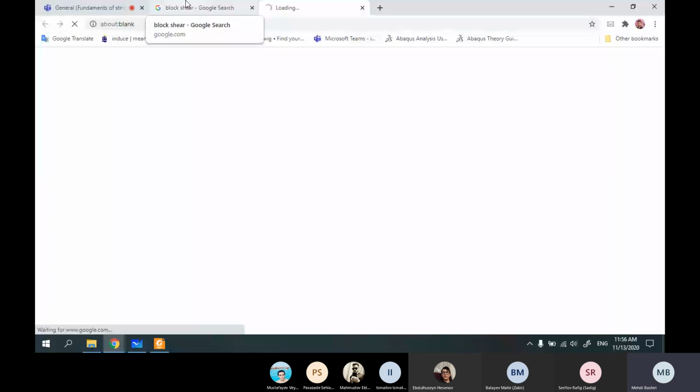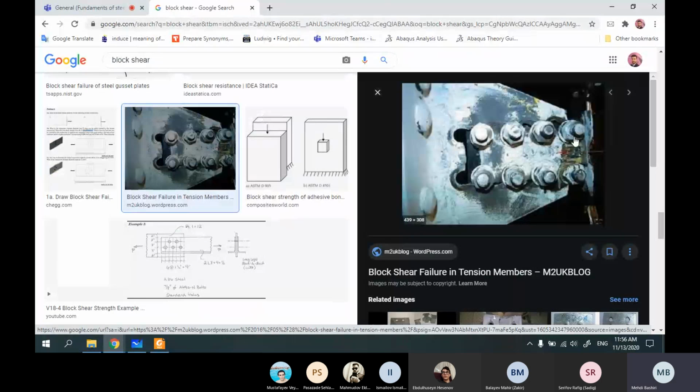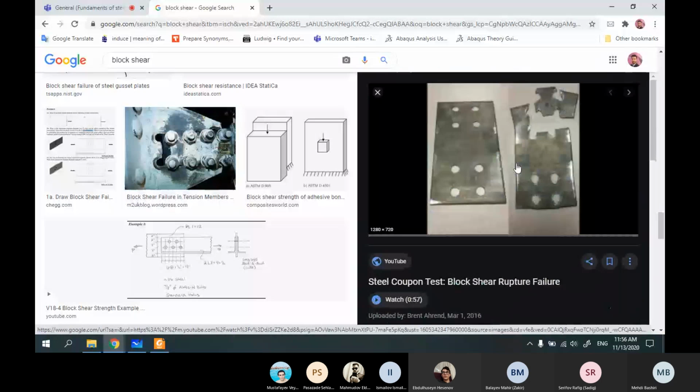Block shear is a failure in which a part of a connection, it doesn't matter if it's a bolted connection or a welded connection, is ripped off from the rest of the connection. Okay, for example, like this. I think this one is better. Suppose that